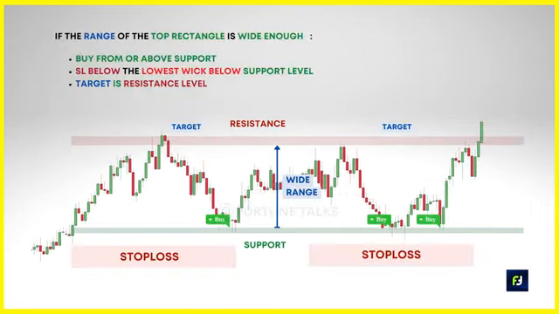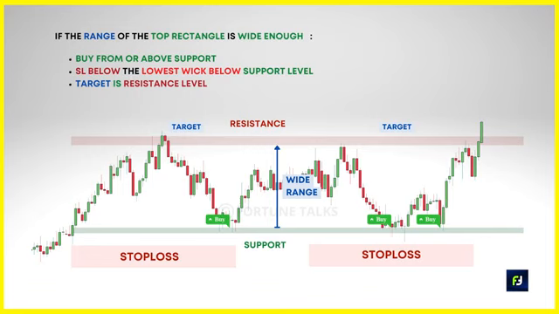There is yet another way in which traders can successfully trade rectangles, and that is by buying at the support and selling at the resistance levels if the width of the rectangle pattern is very high. Now this can be used as an intraday or swing trading strategy if it provides a sufficient reward to risk ratio. So for a top rectangle pattern, you can take a long entry from the bottom support level and place your stop loss below the lowest wick or candle formed during the consolidation,